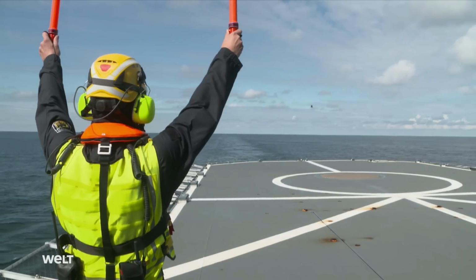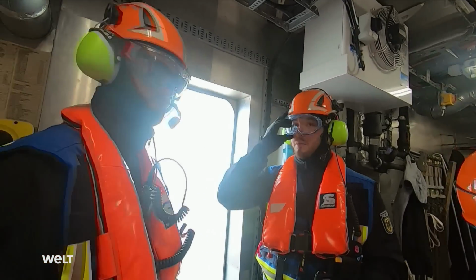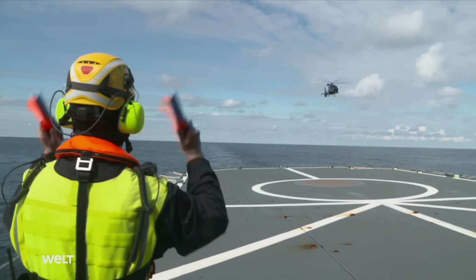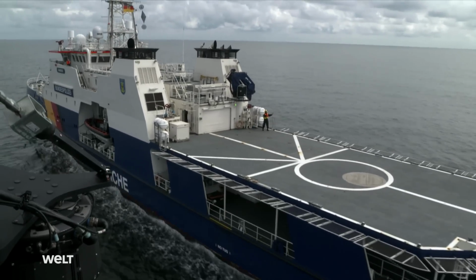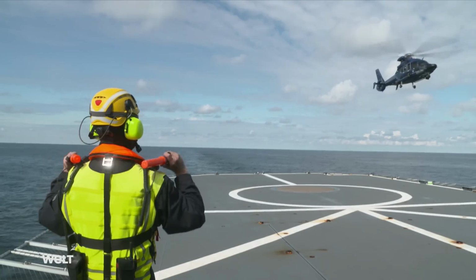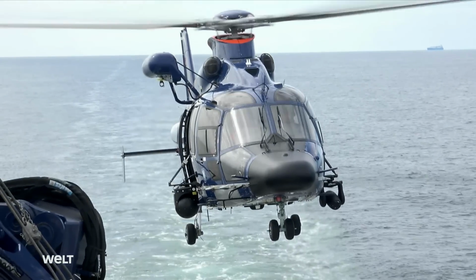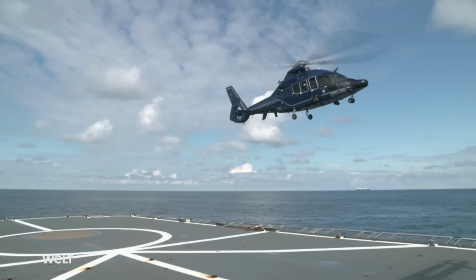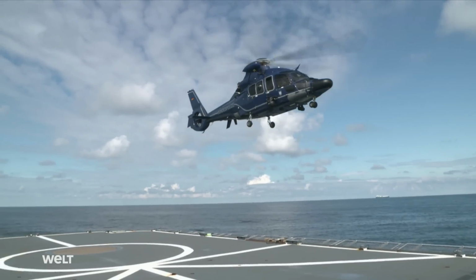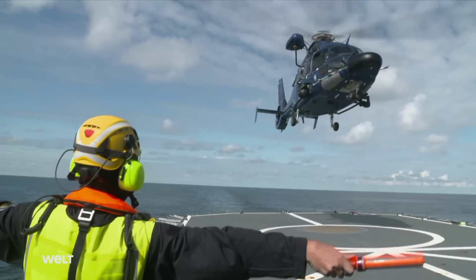The federal police employs the H-155 for reconnaissance flights and rescue operations. Among other things, landing on a ship always follows a standardized pattern. At the Federal Police, we follow the NATO standard procedure for helicopter landing. This means that the helicopter always flies over the port side until I gesture it to move forward. Typically, this occurs when the nose is aligned with the ship's beam line, at which point I guide it to